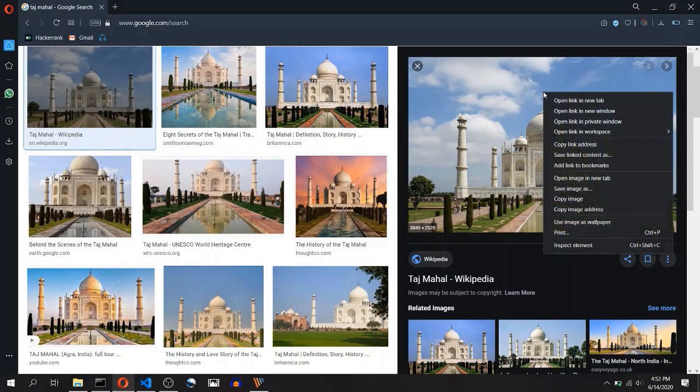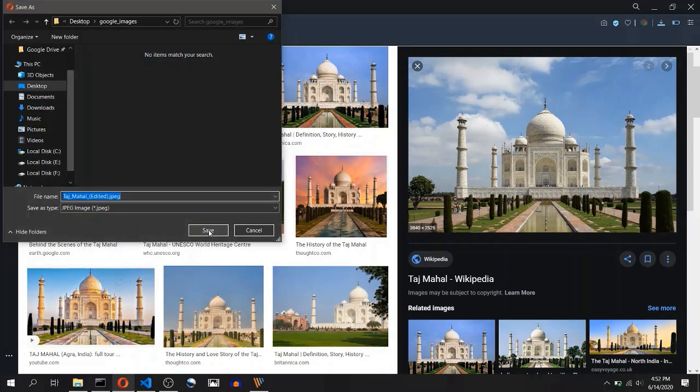So after right clicking and clicking on the save image as button, the Windows File Explorer will take some time to load the save image as dialog box. We need to consider this time delay in our program as well. This time delay depends on the processing speed of your device and internet speed as well. For this image, the window took approximately 3 seconds, but you don't want to underestimate this time as it will screw the entire process afterwards. So to be on the safer side, we will consider this delay to be of 10 seconds.